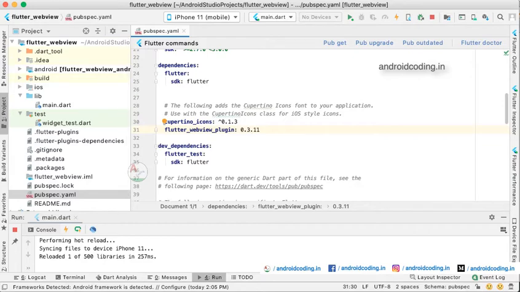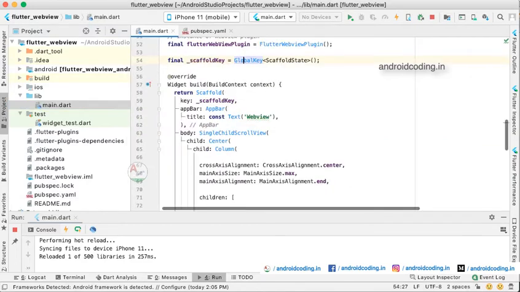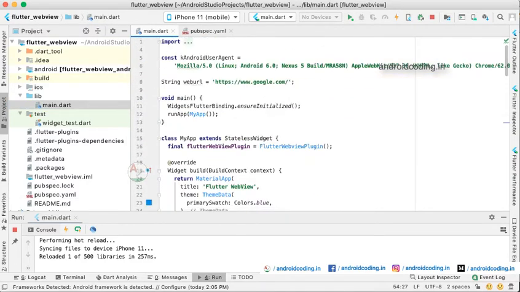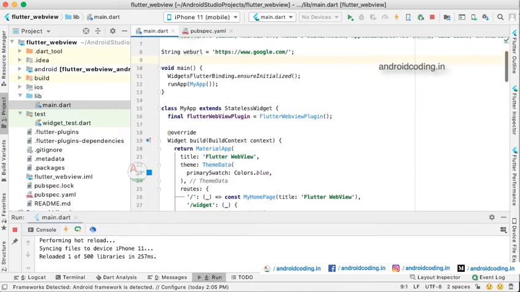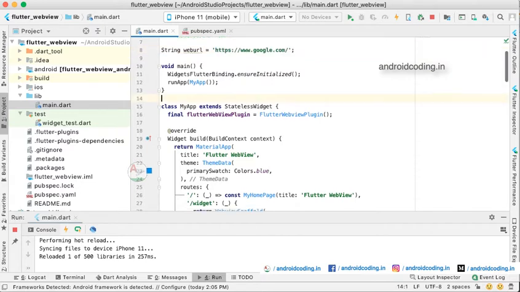to your pubspec. So let us go to the coding, and here we have declared our Android user agent, and thereby we have declared the URL which we are trying to open. Today I am going to open google.com here. So specify the URL completely, and then